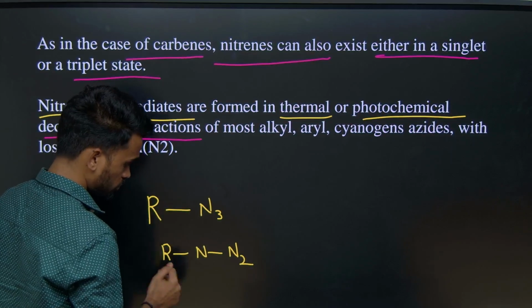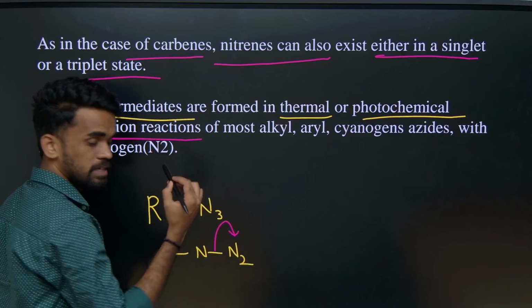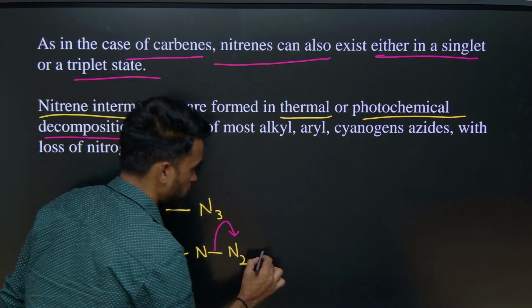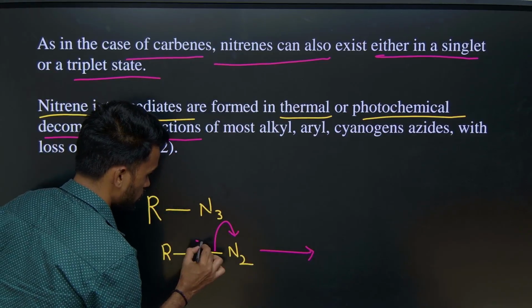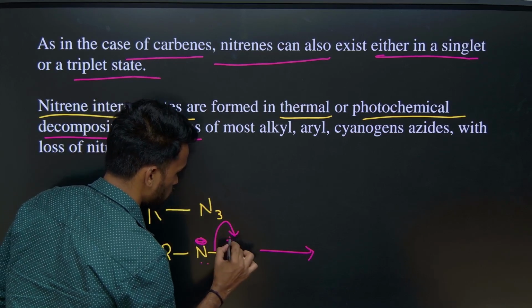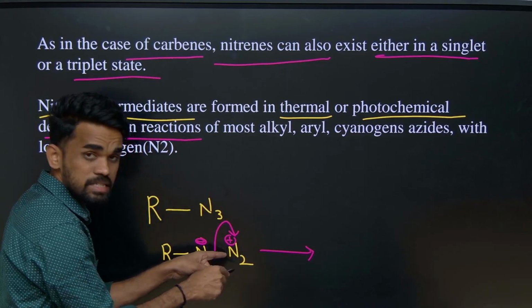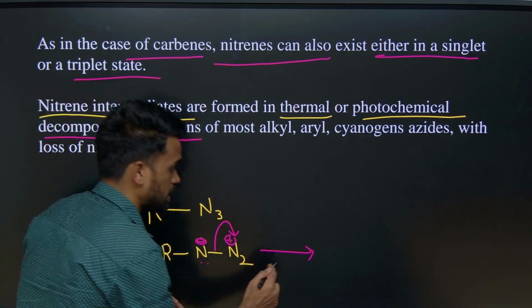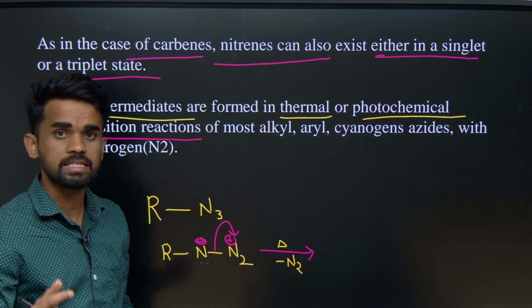See here, this complete group can be removed like this. So what happens here, if we remove it like this, the bonded electrons are taken by, see, if I represent like this, or I can represent negative and positive over here. So now the bonded electrons are taken by this N2 molecule only, as it is leaving upon heating, it leaves as N2 gas. We know nitrogen gas is highly stable.